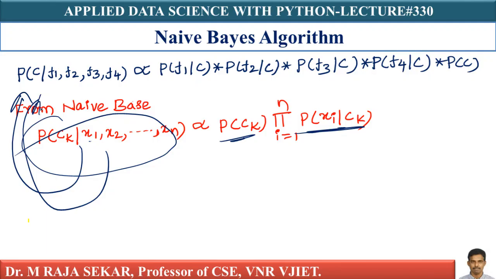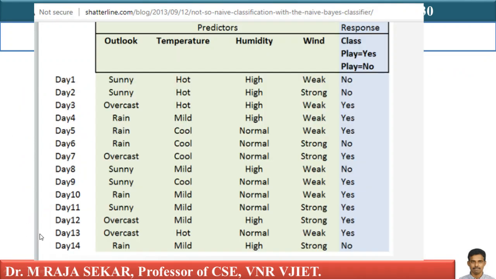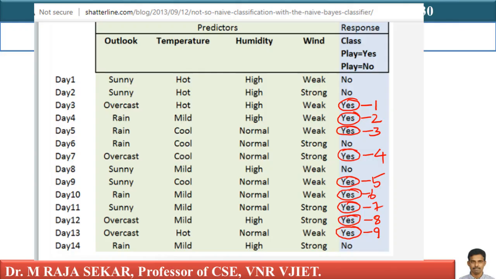To compute this, what all would I need? We will try to understand what I need and how I can calculate it. First, we will try to calculate the probability of C. C means what? My class. How many classes are there? There are two classes. One class is yes class and another class is no class. How many yes classes are there in this particular data set? There are 9 yes classes. Therefore, the probability of class equal to yes: there are 9, and totally there are 14 labels. That is 9 by 14.